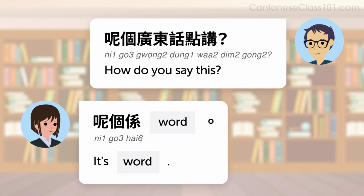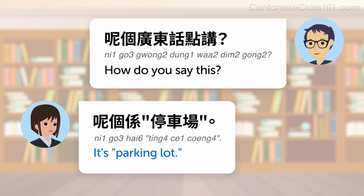Now, how do you answer this question? The pattern is, 呢個係 word. It's word. For example, it's parking lot. 呢個係停車場。